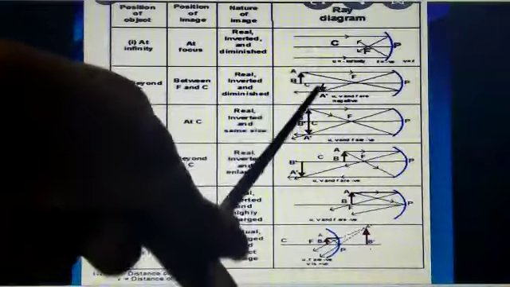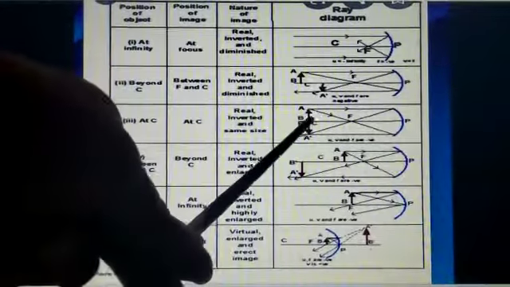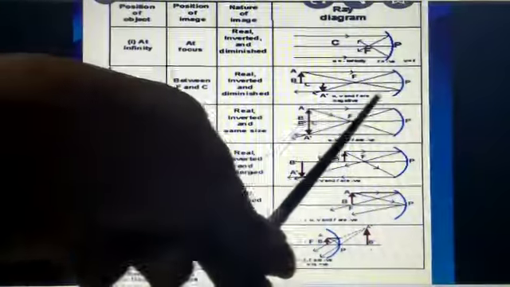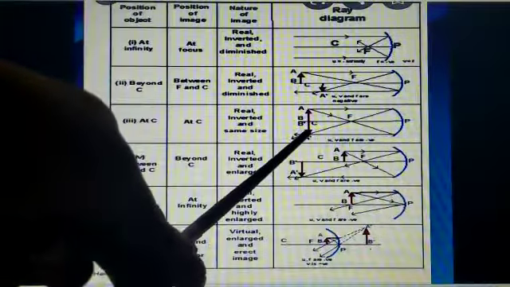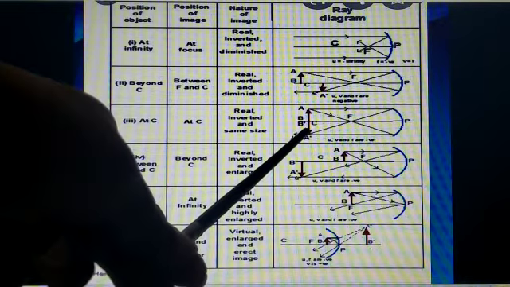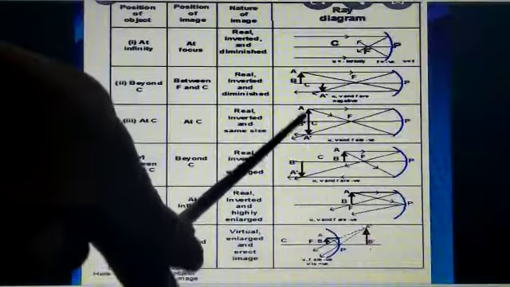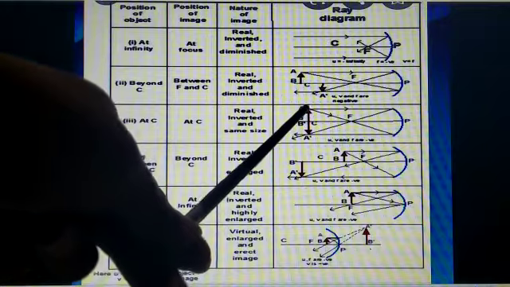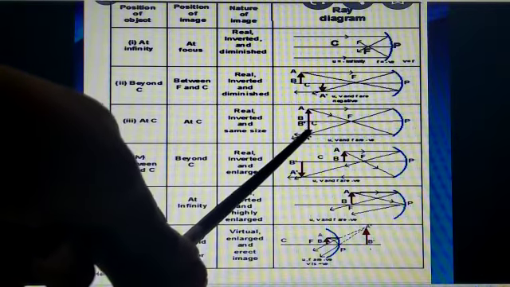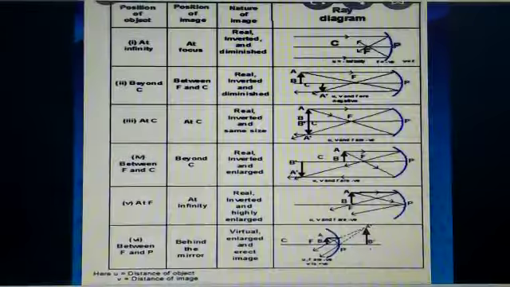So inverted position. And the third case, if we place the object at C, the center of curvature, then consider two light rays. One is parallel and the second passes through the focus. Then these two light rays after reflection intersect at C. The image also will be formed at C, and its nature is inverted. Same size. See, the size of the object and the size of the image are the same. So real, inverted and same size. These are the properties of the image.